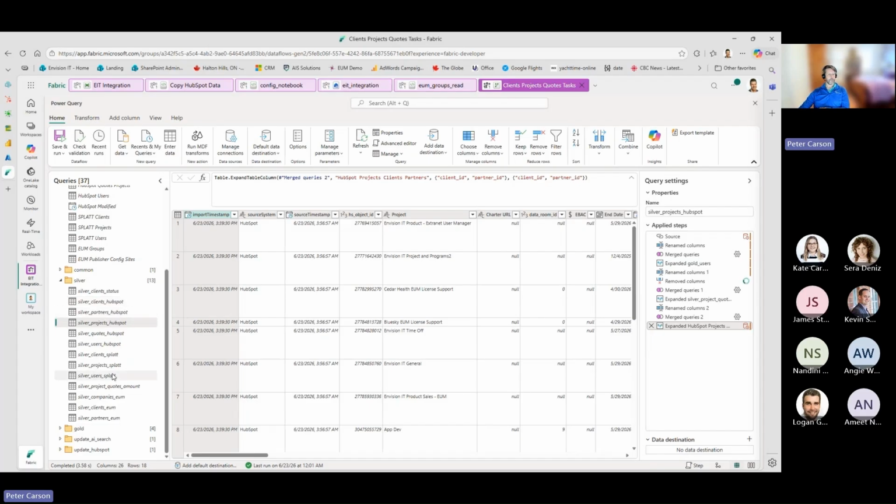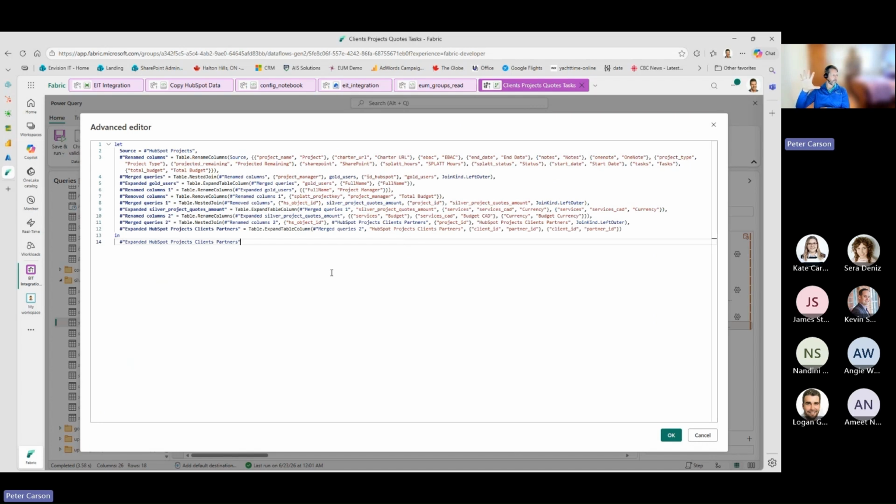So we see a bunch of different manipulation happening through these steps here. If you're not familiar with Power Query, we can see on the right-hand side a number of steps happening against that. So it's a very visual interface to start to build your queries and add steps through there. You can go into what's called an advanced editor here and see the whole query as one thing.